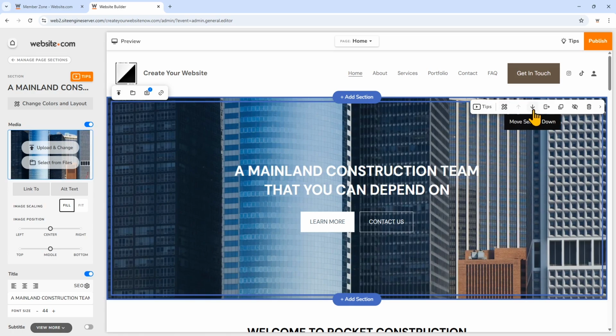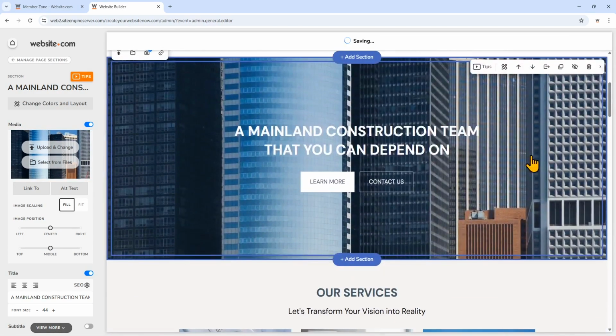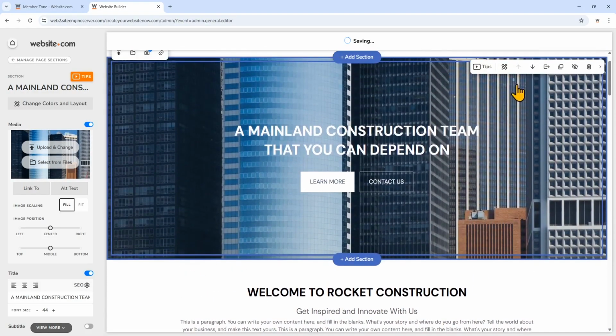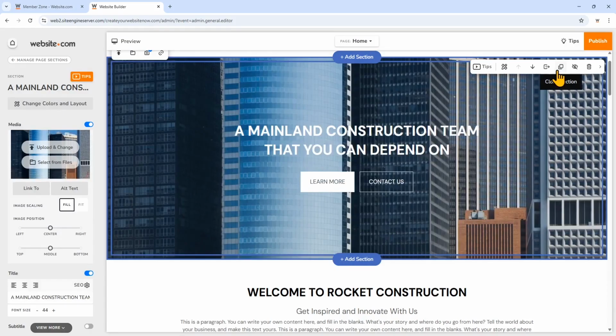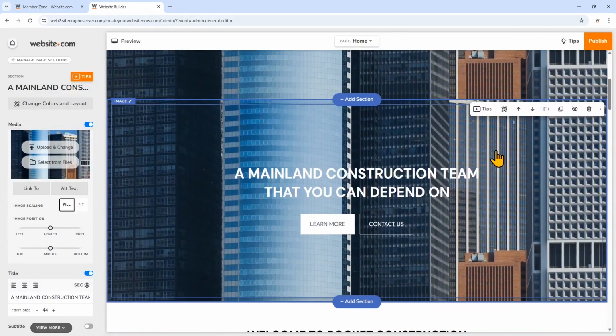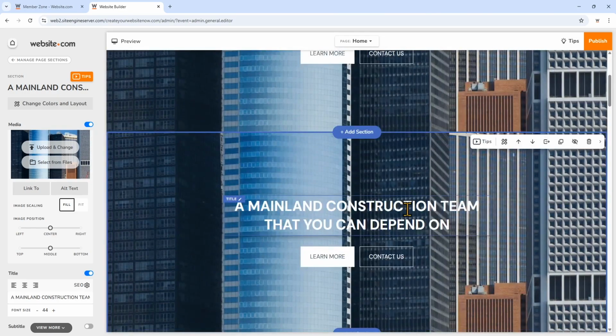You can move this section up or down using these arrows, like that. You can also be more precise about where you want to move this section to. You can clone this section, and if you do that, it'll add the copied section right below it. So for example, if you want to create another section and quickly make some edits to it to make it different from the cloned one. For example, you might want to quickly copy the layout from another section, so we've just cloned this one and you can make it different by editing the images and the text on it.